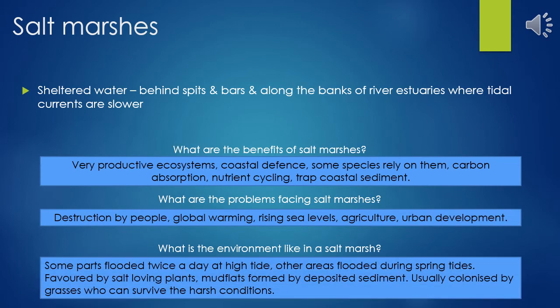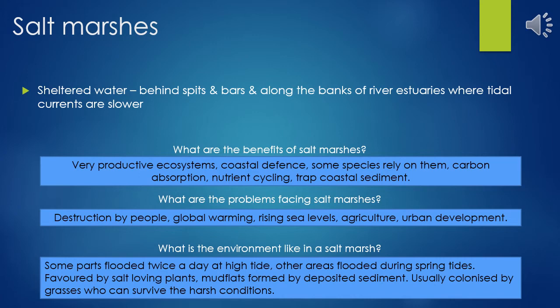So the top bullet point is just a reminder that they occur in sheltered water, usually behind spits and bars, along the banks of river estuaries where tidal currents are slower. So slower means low energy, means deposition, means eventually a mudflat can build up and form. So if we think about